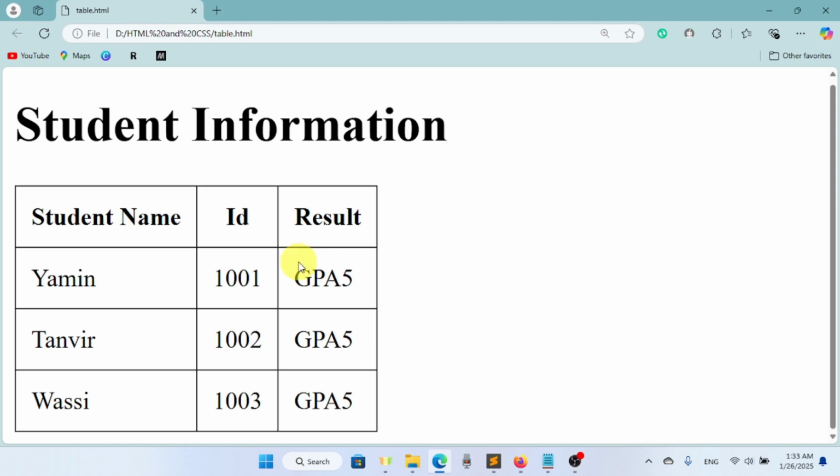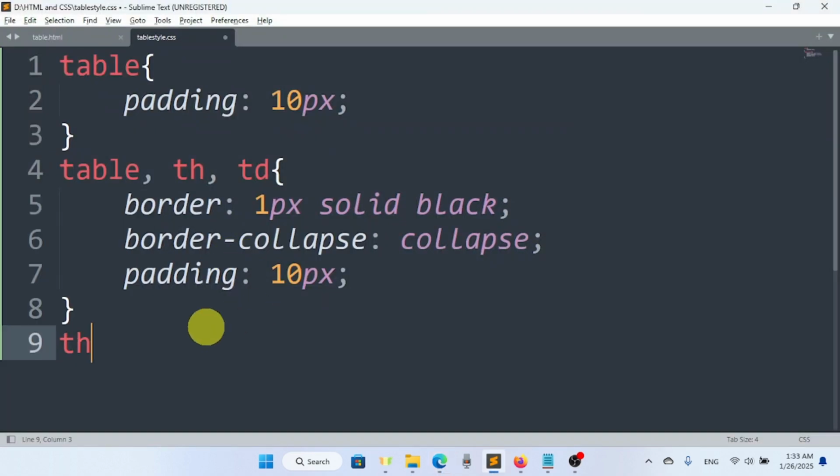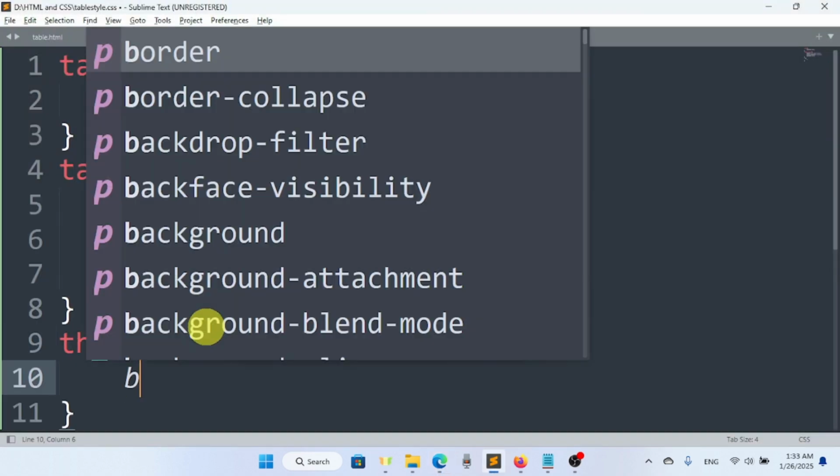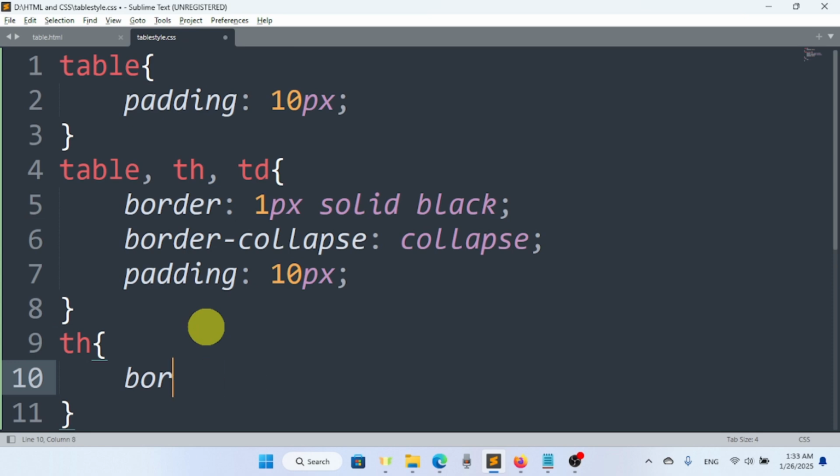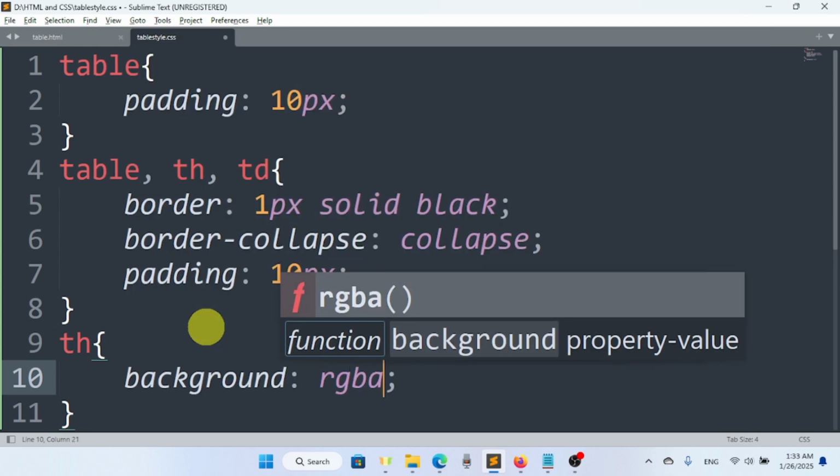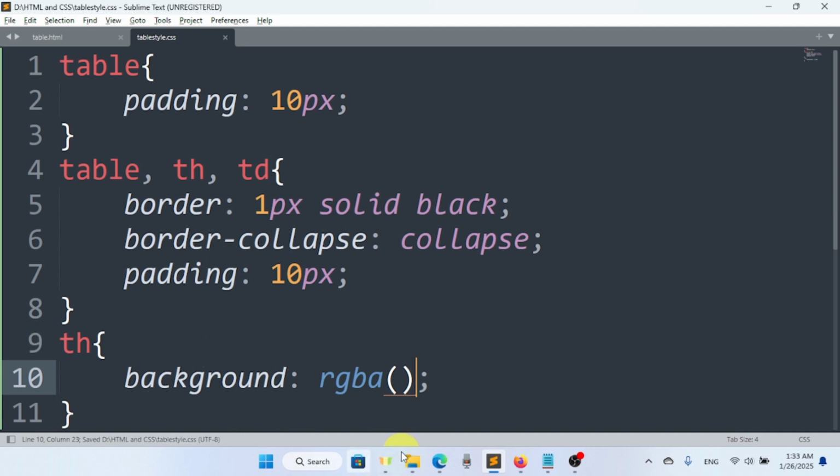So here, now let's say we want to change the background color for the table head and all the columns. So we'll say here th. So let's say change the background color for th. Let's say we want to add background color of background RGBA, and here to add RGBA color, you can